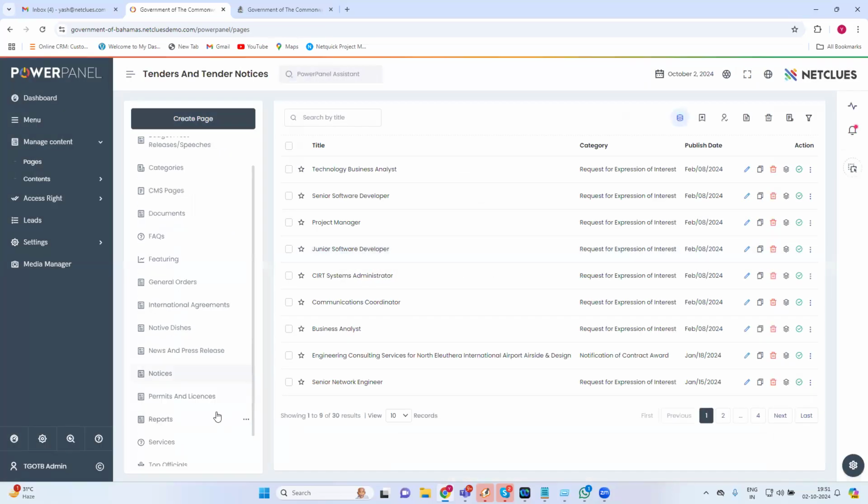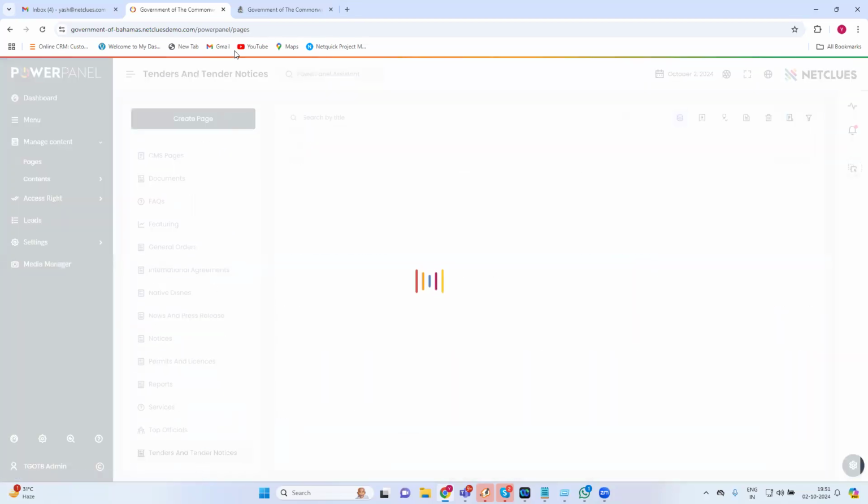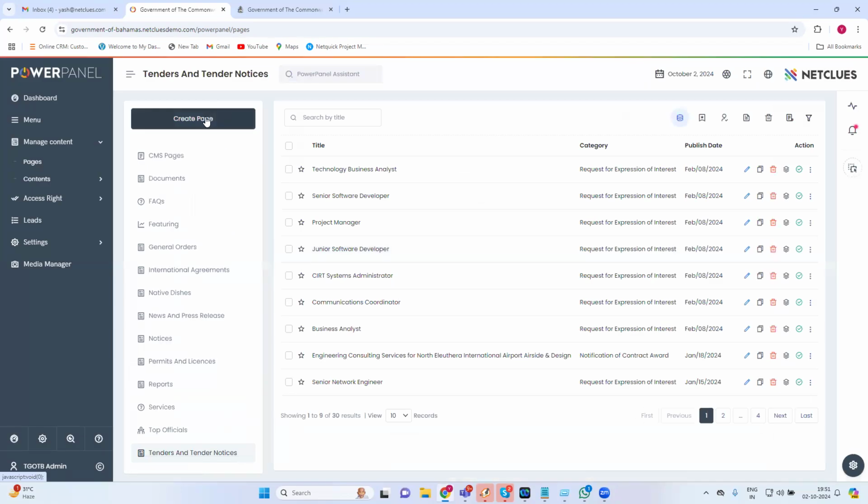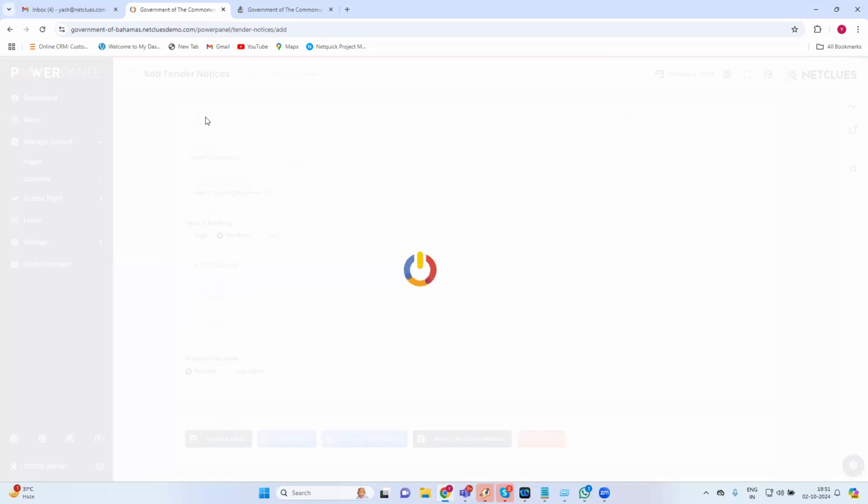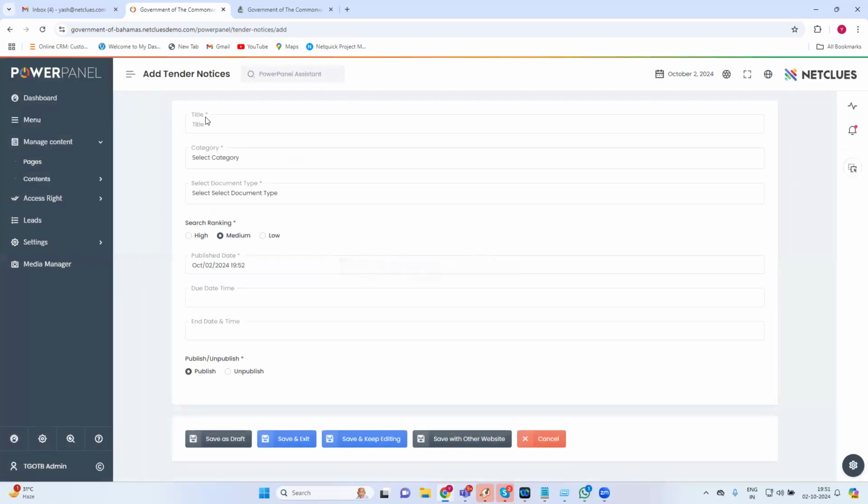So now, if I want to add a new entry in tenders, I can click on create page. I'll be able to see the same fields. However, it's going to be the empty fields over here: title, category,